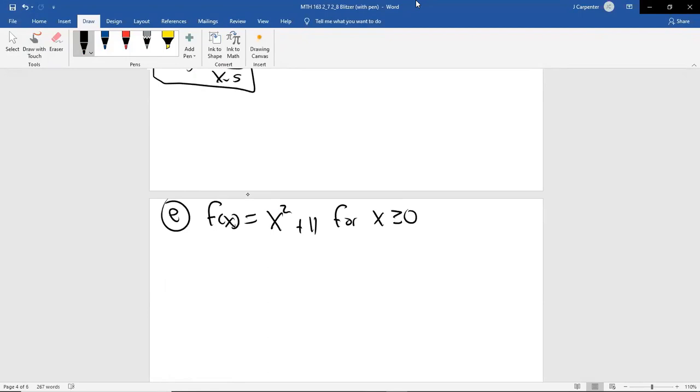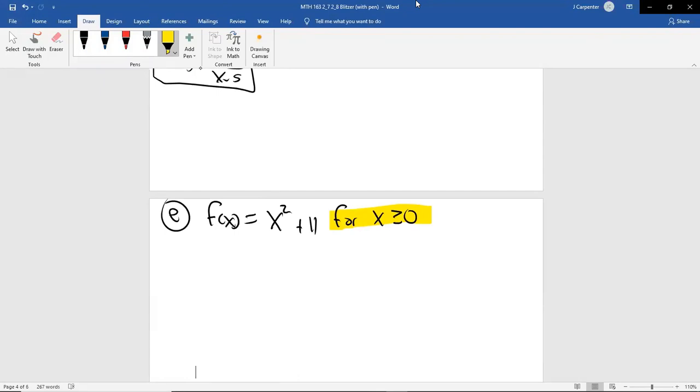Now, before I actually do this problem, I want to point out something. I want to do a completely different problem and then relate it to this one. This is what's new about this problem. I have given you a constraint. I have given you a restriction on the domain. I'm saying that this function, we're going to find its inverse, but only for x values that are positive or 0. In other words, we're not going to allow x to be negative.